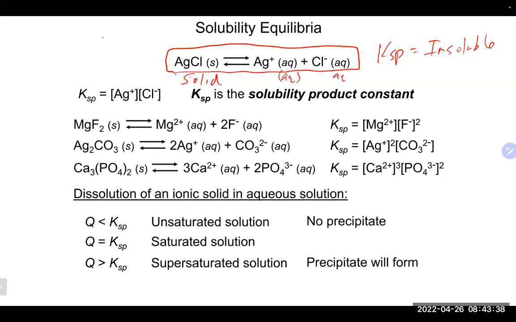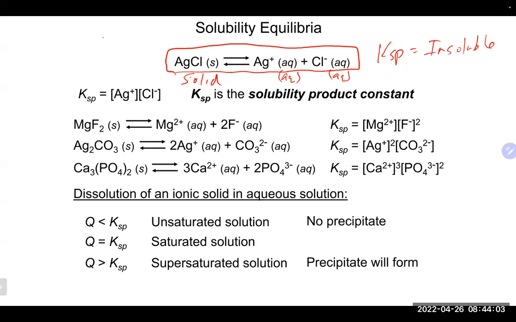So your aqueous ions always end up on the product side. Solid is always usually on the reactant side. And what that means is when we write an equilibrium expression, it is products over reactants. And one of the things we never put in there is solids. So typically our Ksp expression is only the products because the reactants are always going to be solid